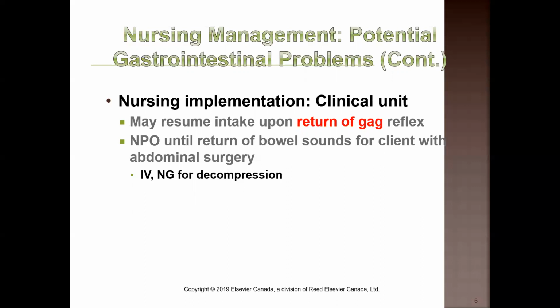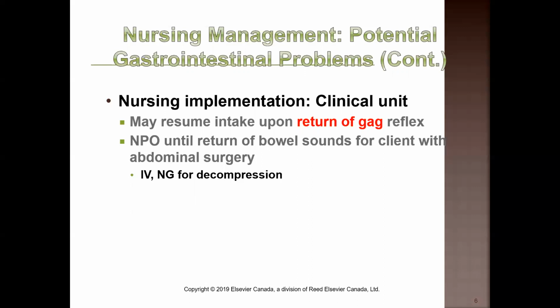Difference is for patients who've had bowel surgery, right? Any kind of patient who's had some kind of abdominal surgery, they're going to remain NPO post-operatively. Typically, we're going to give IV fluid, and for a patient who is NPO, we would want a hydrating fluid, something like normal saline. Immediately post-op, we might see Ringer's lactate. We might see a patient on 2/3 and 1/3, which has a little bit of glucose, just enough for cellular metabolism typically, and also so that they're getting enough fluid from the intravenous, and also an NG tube for decompression,